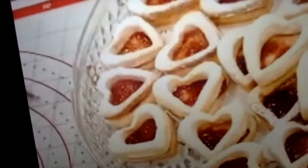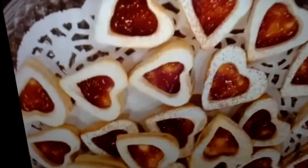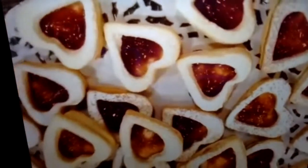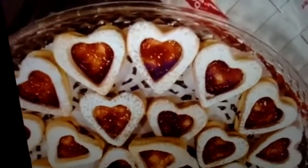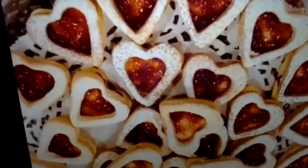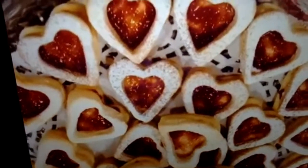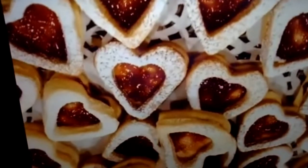Okay. So look at it, guys. This is the Linzer Heart Biscuits. Look at that. Did you see that? It's a very simple recipe, but it looks very elegant. Okay, especially if you are selling this. Look at that. So guys,